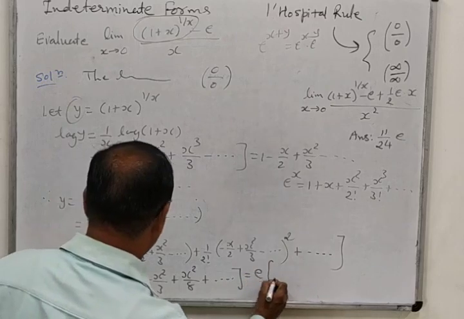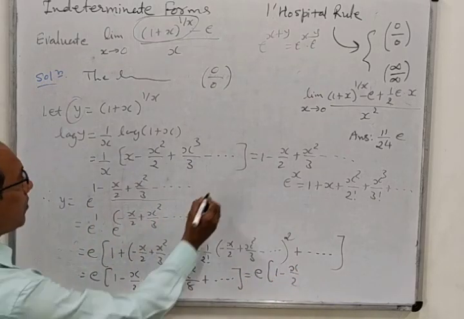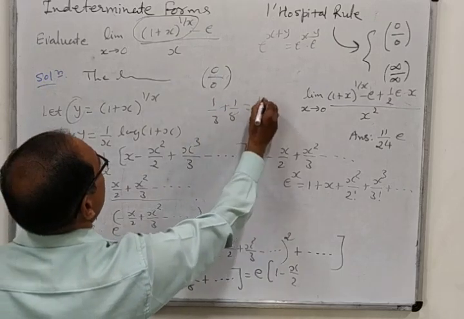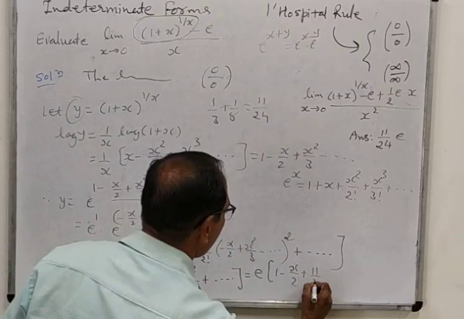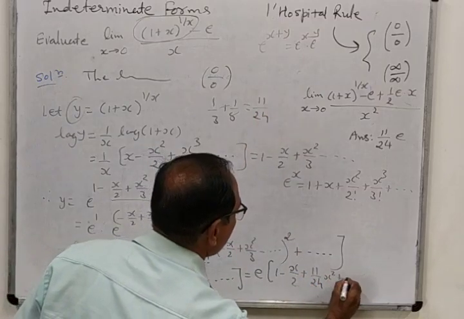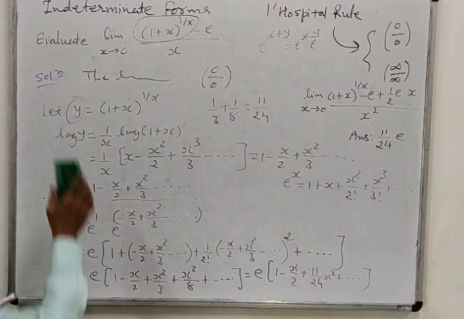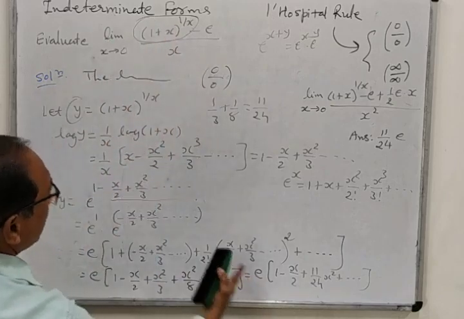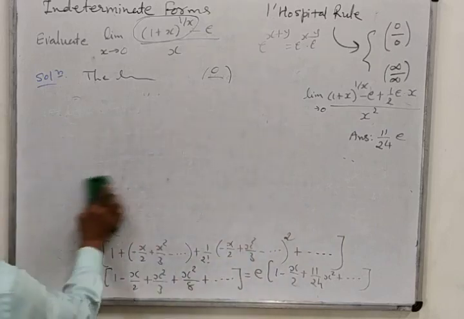So it is e into 1 minus x by 2. This x square and x square, 1 by 3 plus 1 by 8. 1 by 3 plus 1 by 8 is what? 8 plus 3, 11 by 24. So 11 by 24 x square plus dot dot dot. Okay. So this is the expansion of this function. That means this function we have obtained, and now we will make use of this one. Okay. Therefore